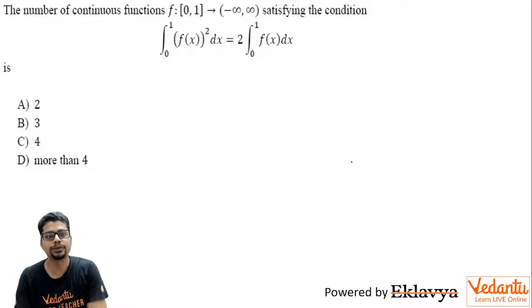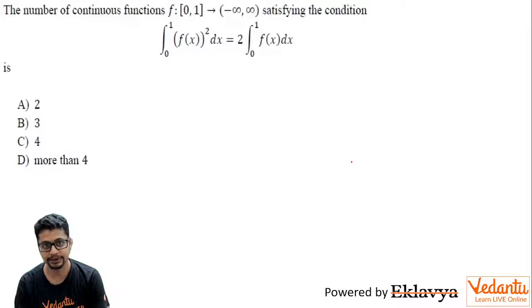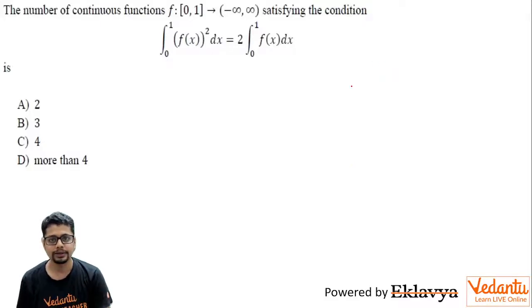Hi everyone, the question is: the number of continuous functions f having domain [0, 1] and codomain all real values, satisfying the condition integral 0 to 1 (f(x))² dx equal to 2 times integral 0 to 1 f(x) dx, is. So here a bit of intuition may go: let's say f(x) is positive